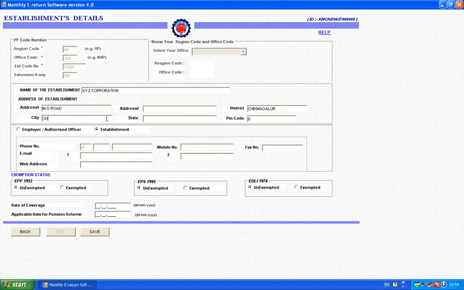City is also Chikmagalur. State is Karnataka. Kindly fill up all the fields in a correct way. And you are requested to kindly enter the name of the authorized officer, phone number, email ID of the office, email ID of the organization. So authorized person is say ABC Kumar,